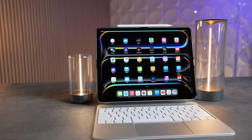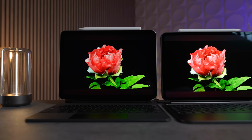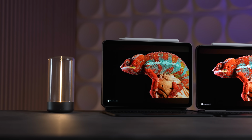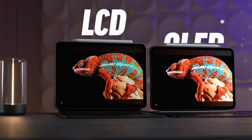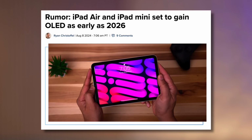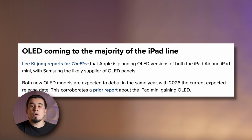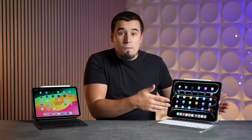thereof, and everything to do with display technology, with the iPad lineup being on the cusp of the biggest display revolution in the history of the iPad. Yes, I'm talking about OLED display tech finally coming to the entire iPad lineup, starting with the iPad Air and the iPad Mini, according to a new leak from The Elec, just like we got on the new M4 iPad